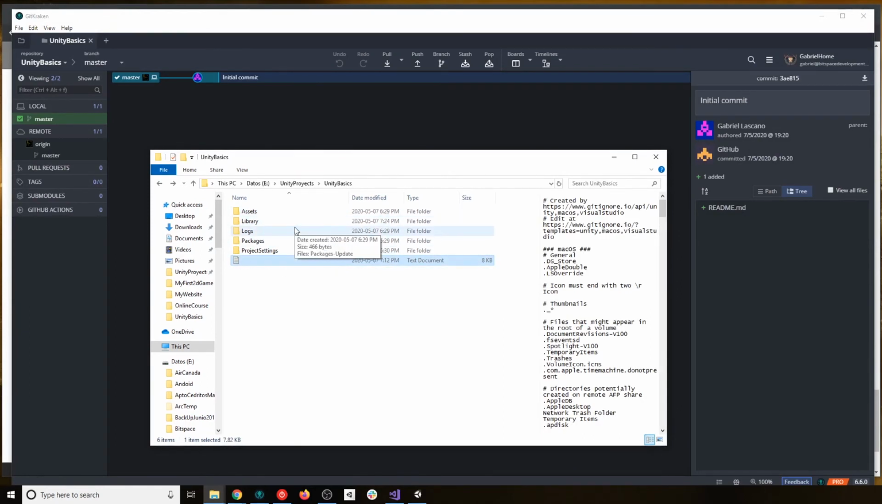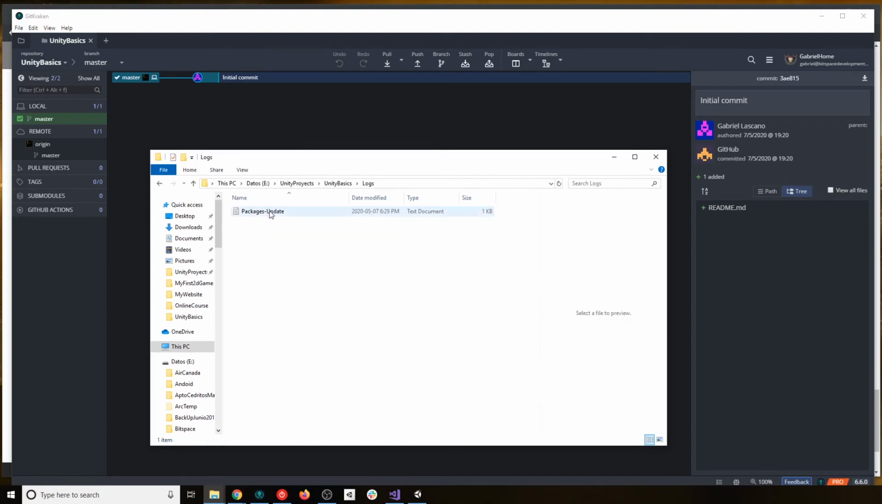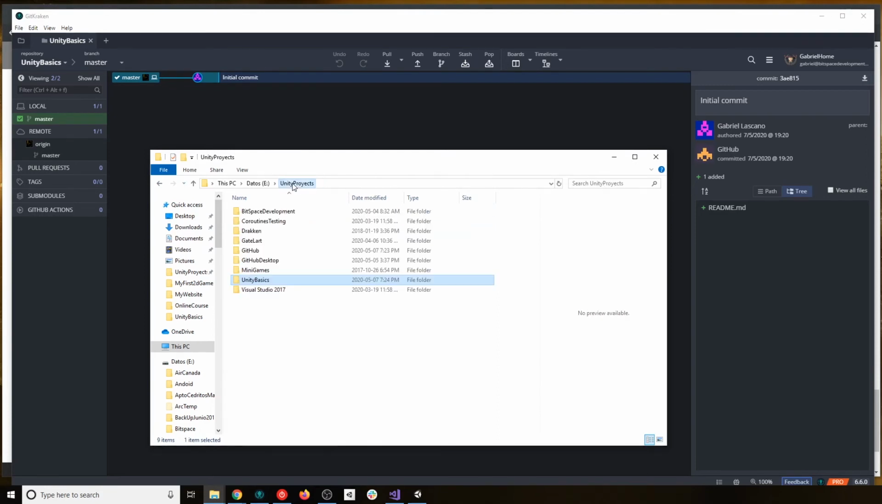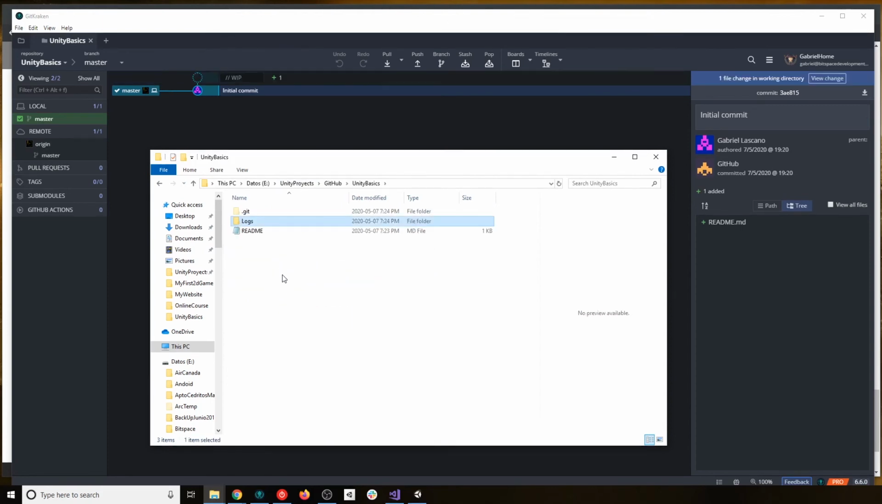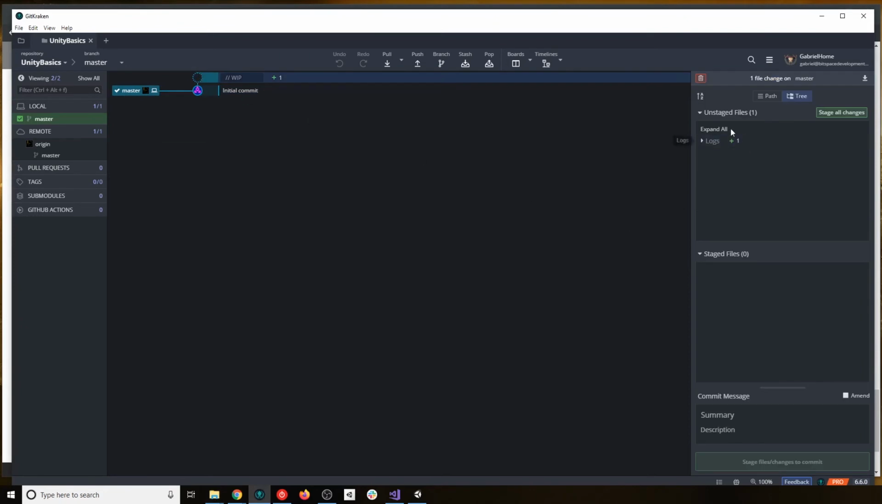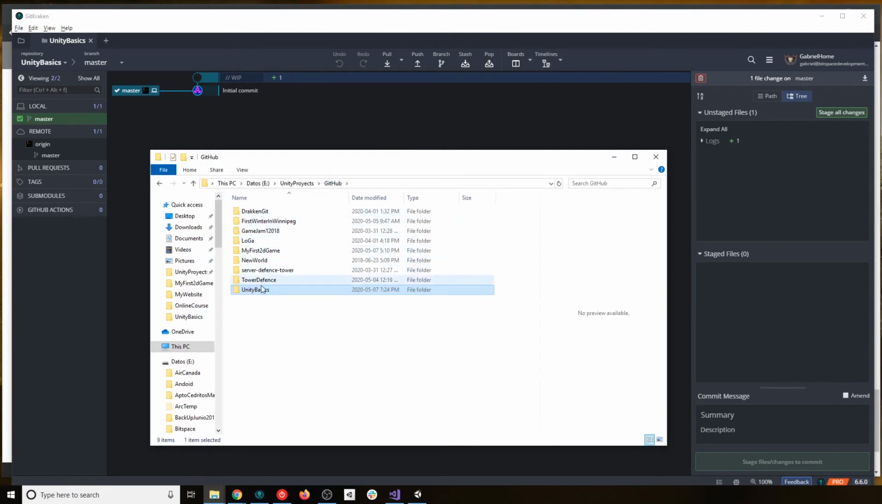I just wanna make a quick example. So we have this package updates. I'm just gonna copy this first and I'm gonna go into GitHub Unity Basics and I'm gonna paste it here. As you can see, it automatically showed me that I added that logs. But as we know, we don't want to track that, right? So we are gonna move our git ignore here,